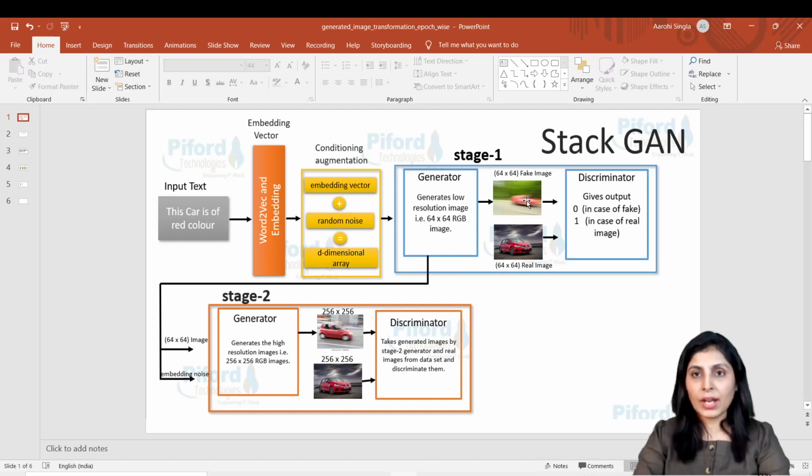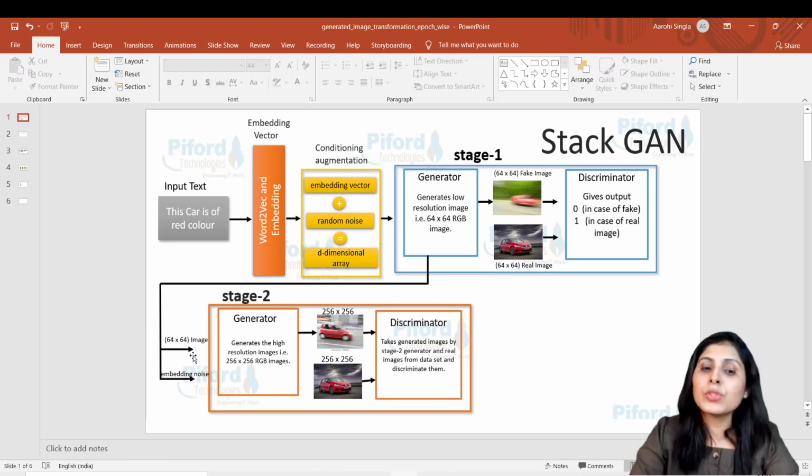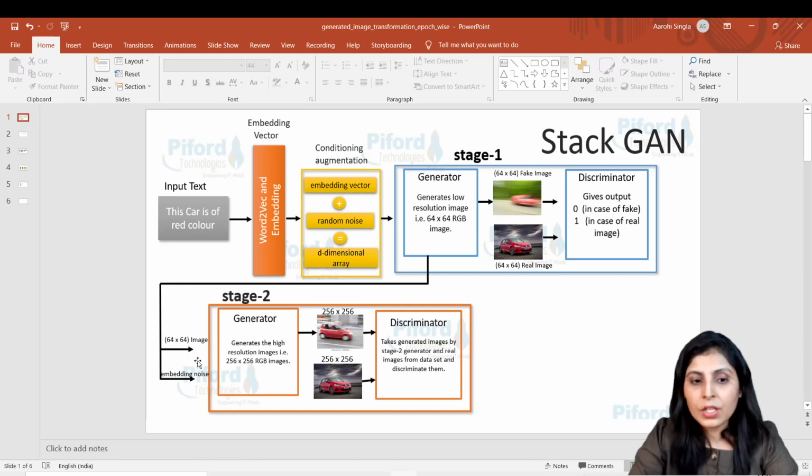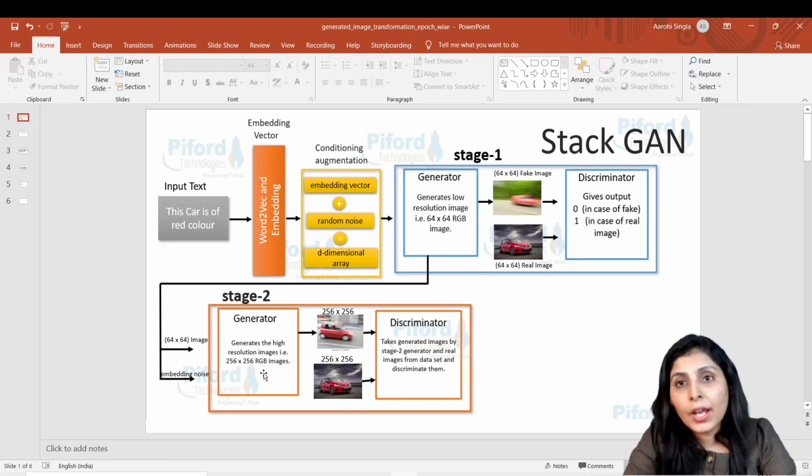Now the output of the generator of stage 1 will become the input to stage 2. So the stage 2 generator is taking this 64 by 64 image plus the embedding vector from here, right? These are the two inputs we give to the stage 2 generator. Now the stage 2 generator will try to refine the results, right?